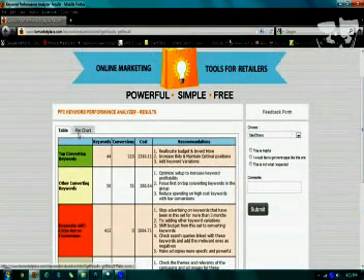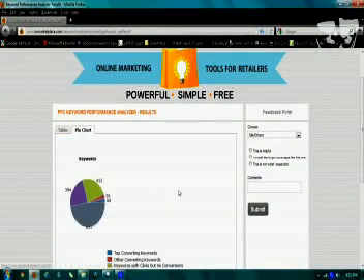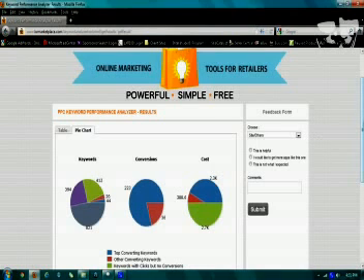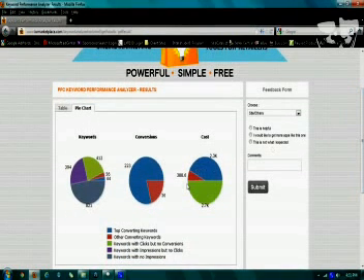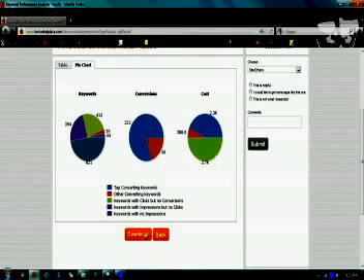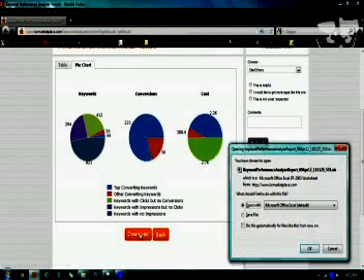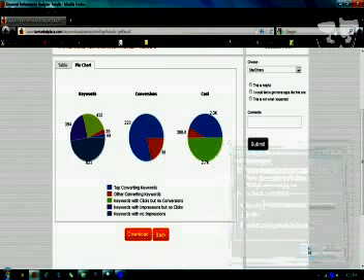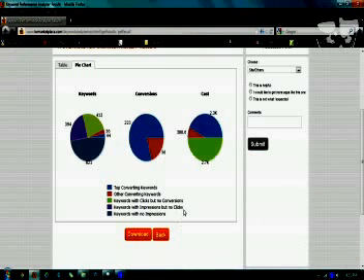You can also view a pie chart of this data, in terms of the number of keywords, the number of conversions, and the total cost taken up by the keywords. Finally, you can also go ahead and download the report, which gives you a basic output of what the report is about.